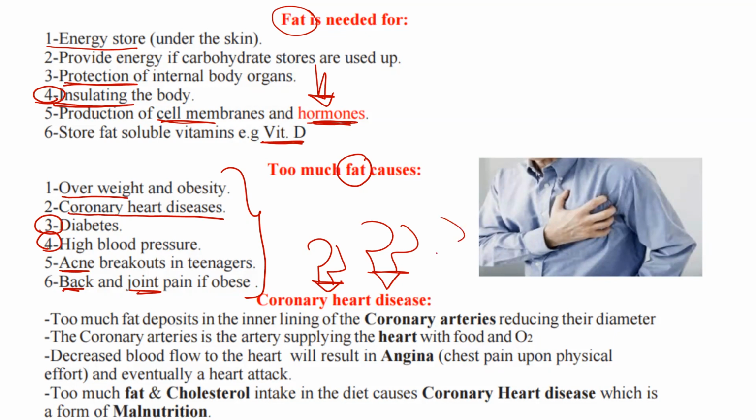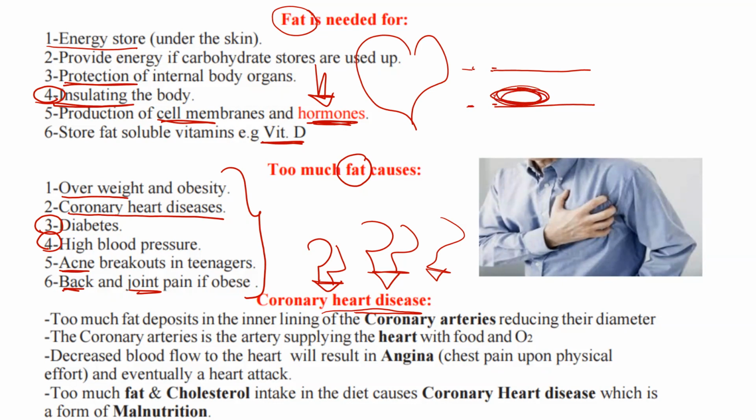And of course, when you eat too much fat, you will have coronary heart disease. It is a progressive disease. It does not happen overnight. First, you will eat lots of McDonald's, and keep on eating it for years and years. This is going to build fat in your arteries, called plaque. Then there will be a decrease in the blood flow, and your heart will receive less blood. First, it starts with pain in your chest. This pain is called angina pain.